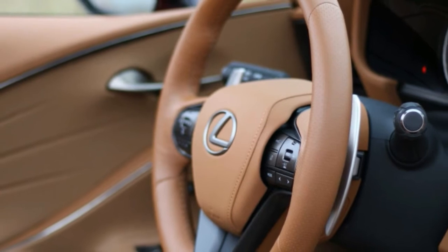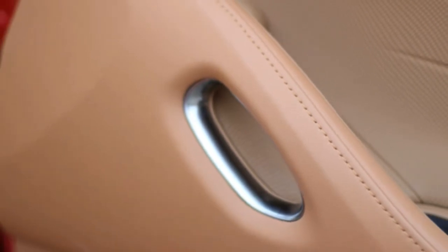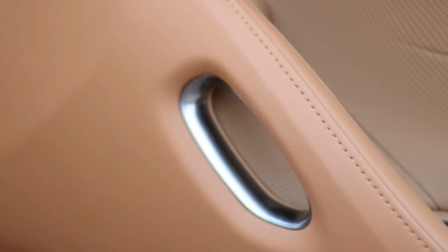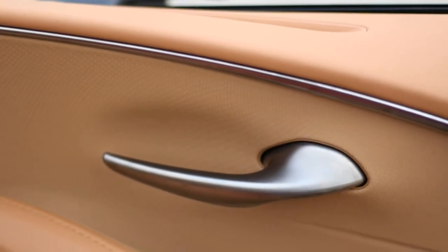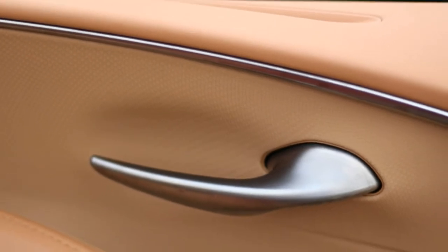In our specific test car, the first thing we notice are the miles of toasted caramel leather. It's everywhere, and its expensive feel and quality are second to none at this price point. You can get black or red leather, but the toasted caramel tan is the classiest option available for the convertible. Shades of tan on the doors, seats, and headrests give it a mild two-tone look, making the color combo even